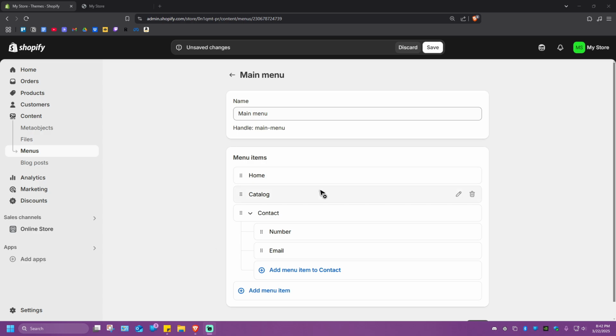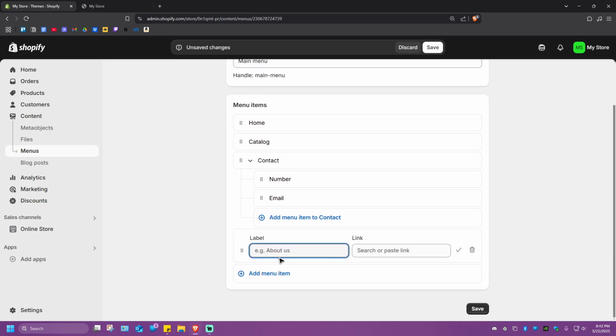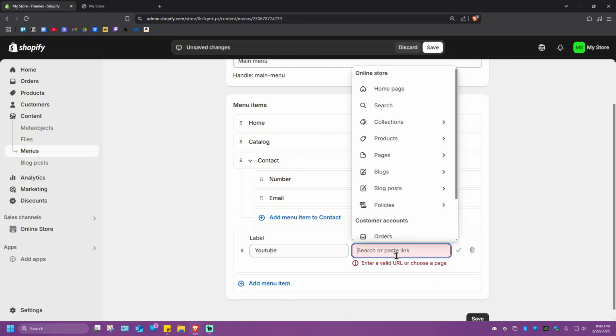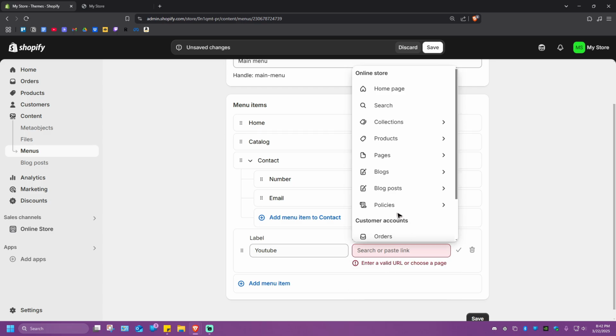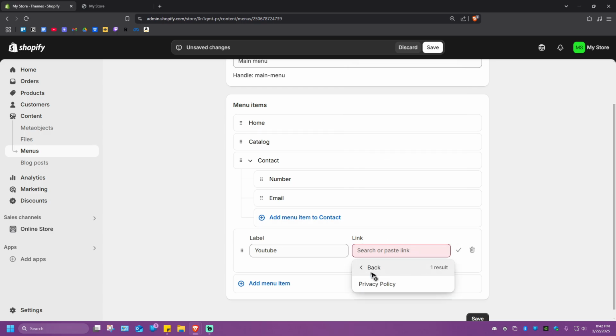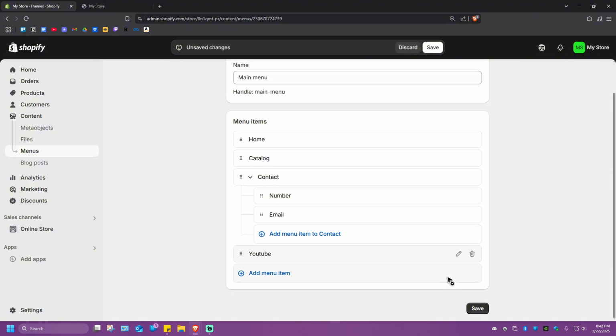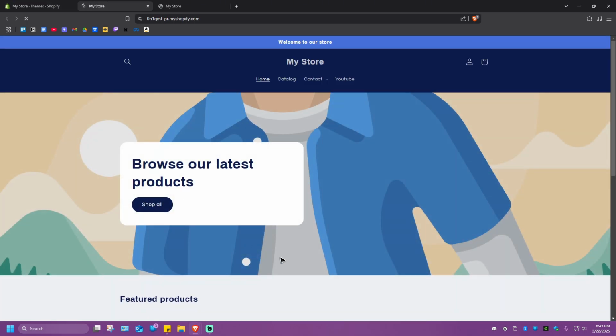All right, and maybe we should add in some more right here. Add a menu item. It would be YouTube. All right, I'm going to hit on URL right here. It would redirect to policies maybe. Go ahead and check. Now when we save this and look at the store, as you can see,